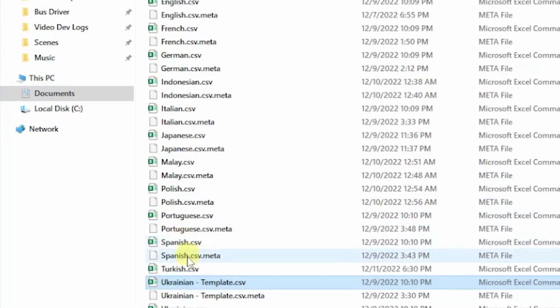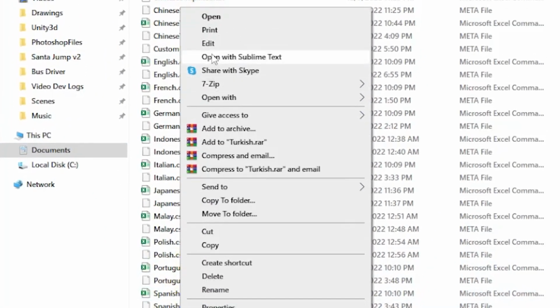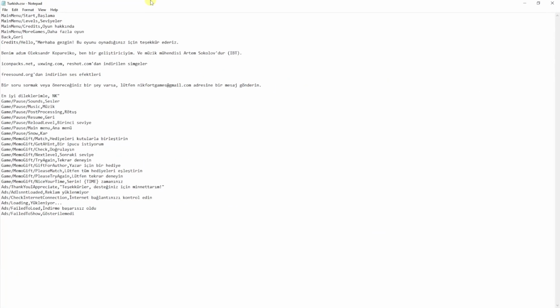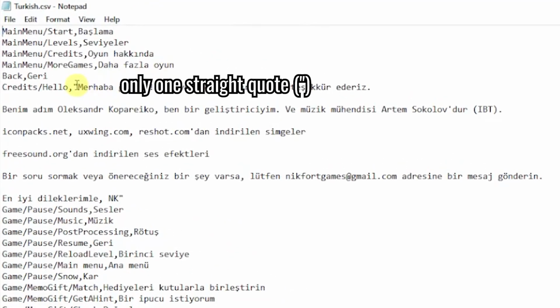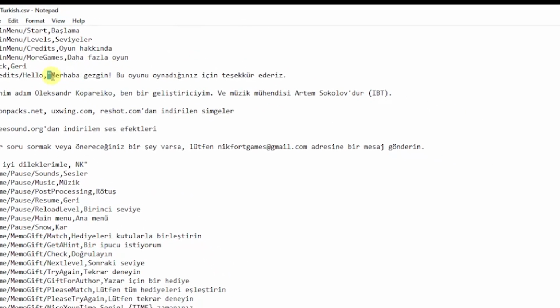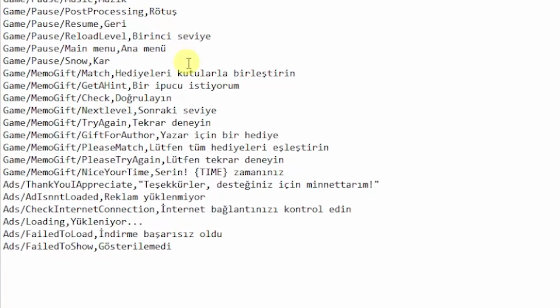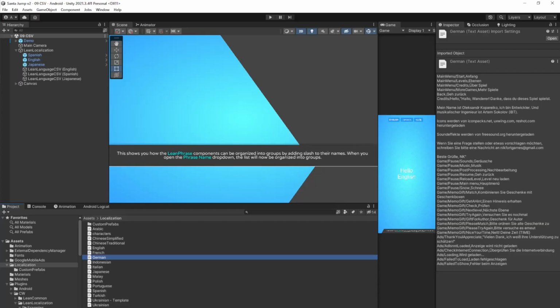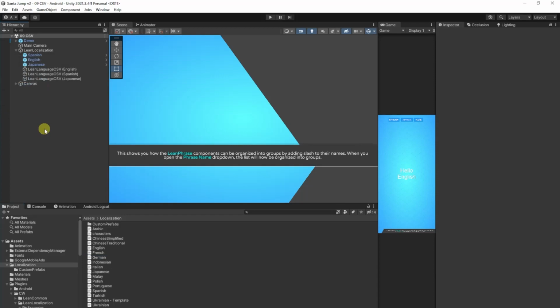After that, open it again with the editor and delete unnecessary double quotes and the last line break. Also check all phrases. Then return to our CSV example scene.